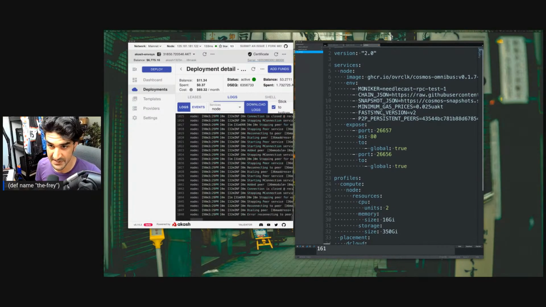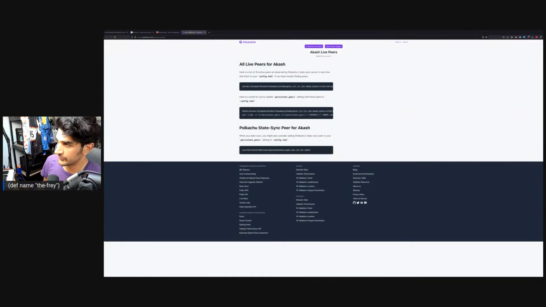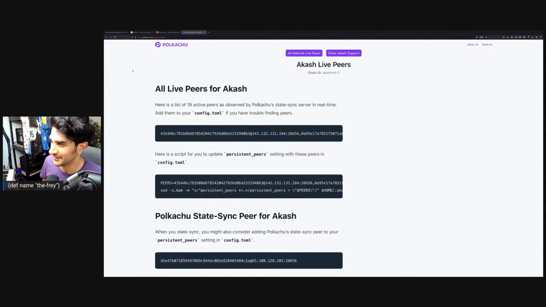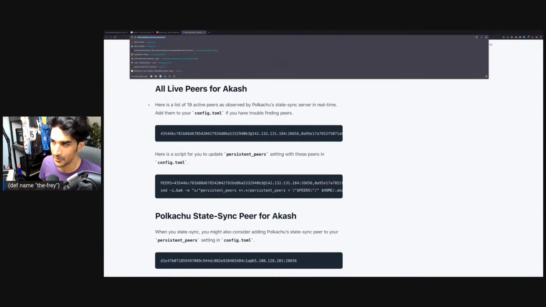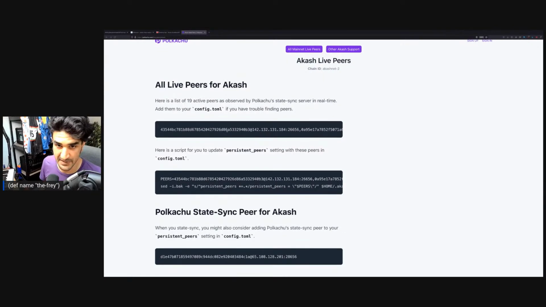One of them is that the persistent peers that are pulled in by default didn't work for me. So I used another friend of the show, Polkachu, who maintains a really useful thing called the live peers application. I don't know if it has a technical name, but it's the live peers thing from Polkachu. You can look at it for every Cosmos network, but the key here is that you can grab a bunch of peers from this box here that are taken from the live network